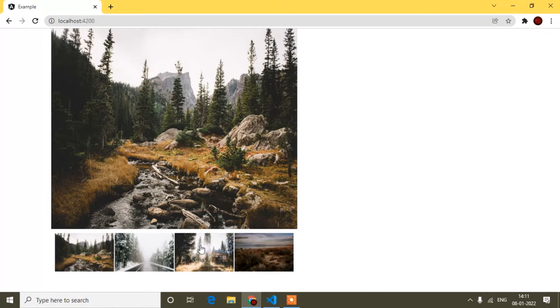Now when I click the images, it should change here, and whichever image I click, that image should be displayed here. But guys, you can see that by default the first image is displaying, but how can the user understand that the first image is displaying? So here I have to do something in that image, so the user can understand that the first image is displaying, or when I click any other image, that image is displaying.